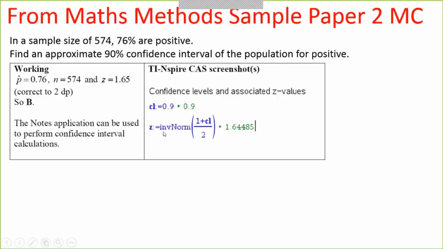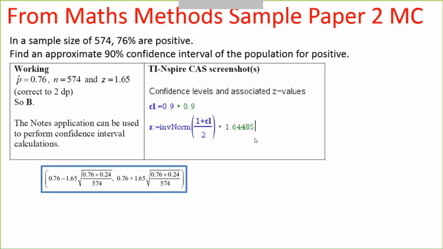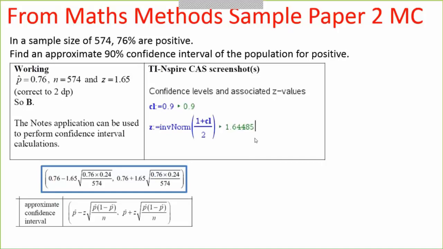The trick here was to work out, on a standard normal distribution, how many standard deviations away we are from the mean. And this is what option B looked like, and this I have copied from the formula sheet that Methods students will have in their exam, so you can see where these values are placed in. I've done the calculation on the values up here, so I'm taking it a step further.